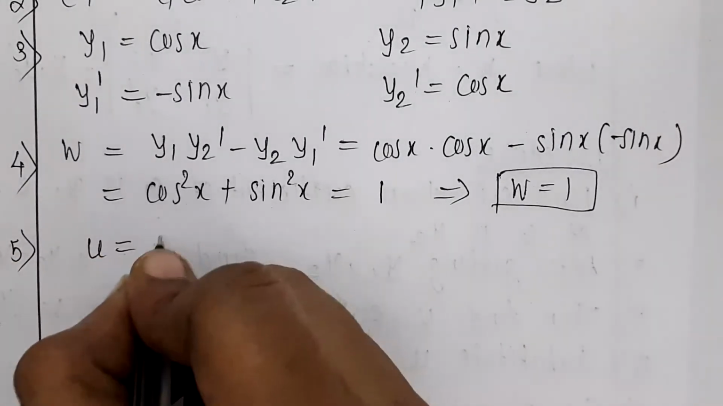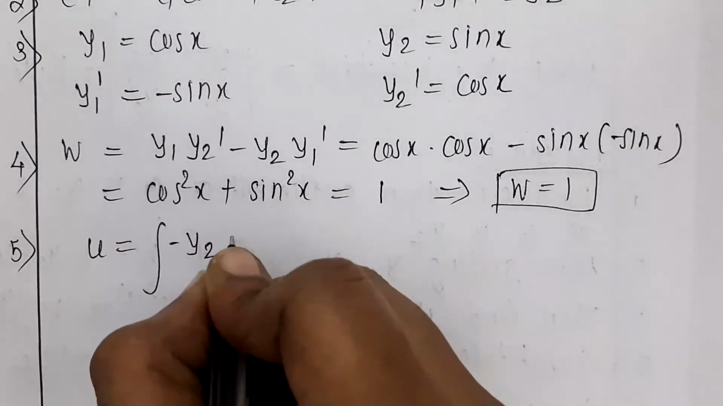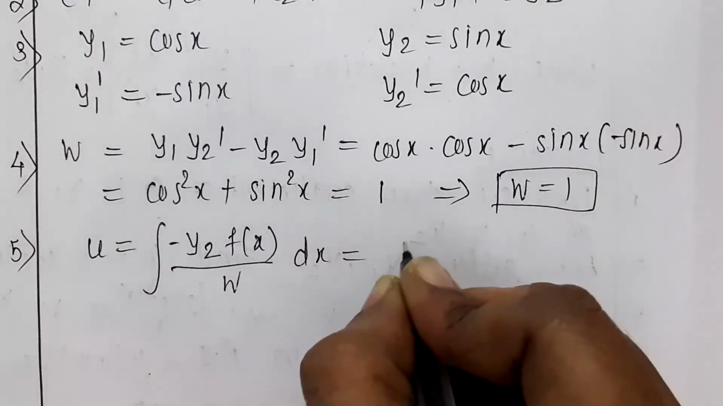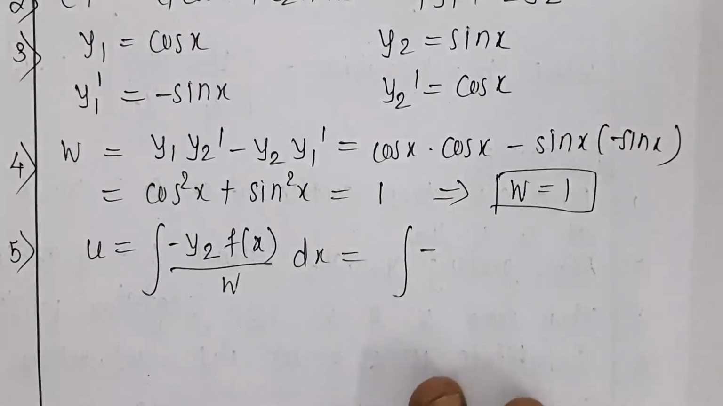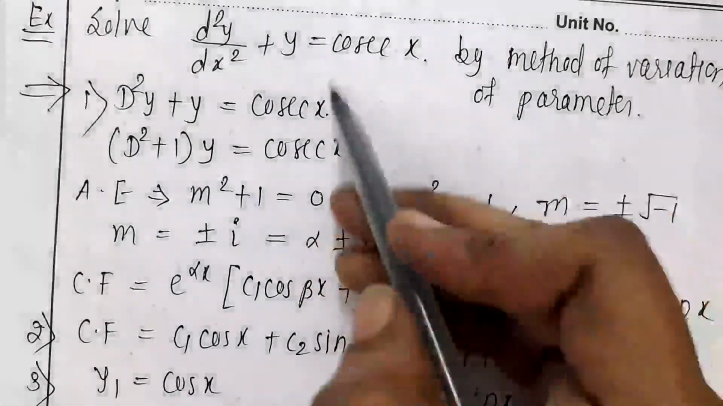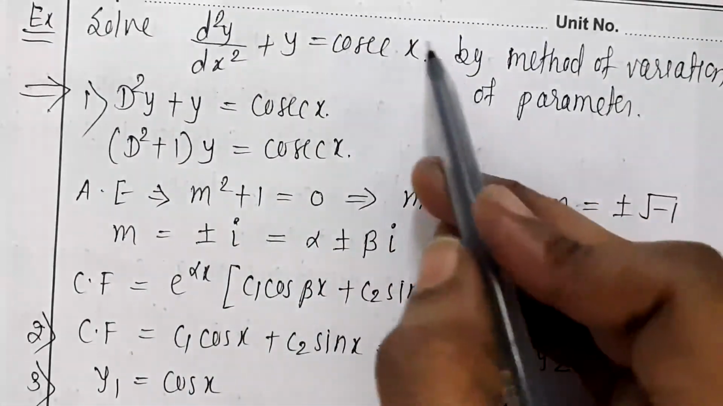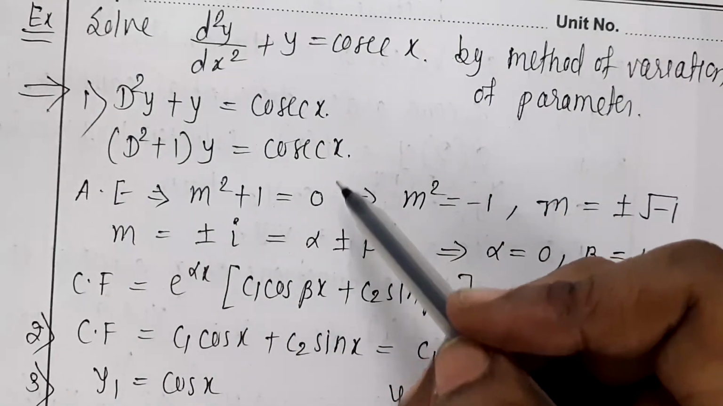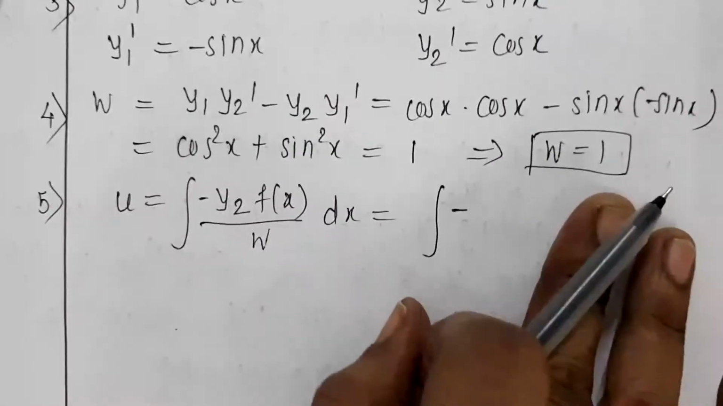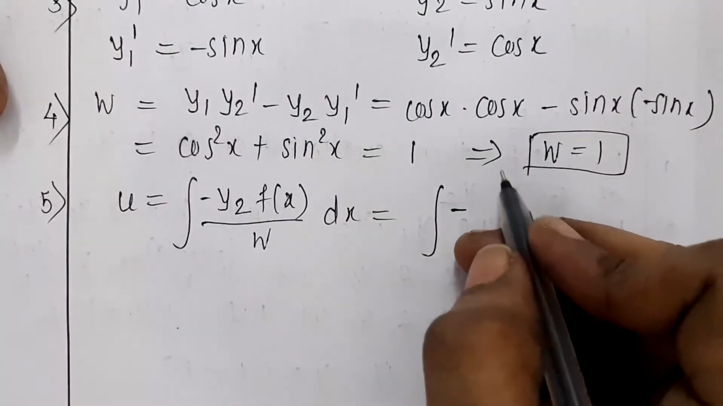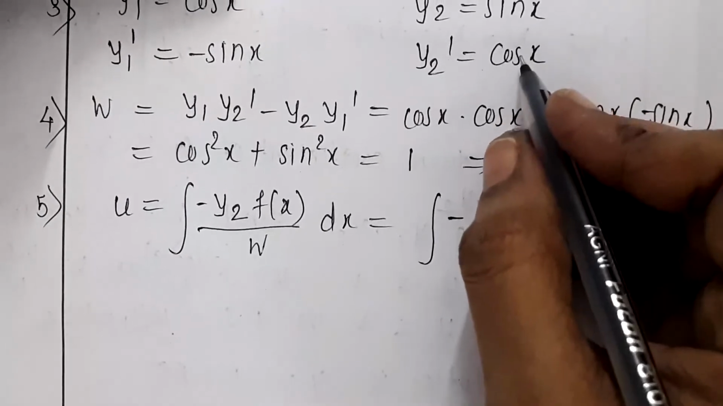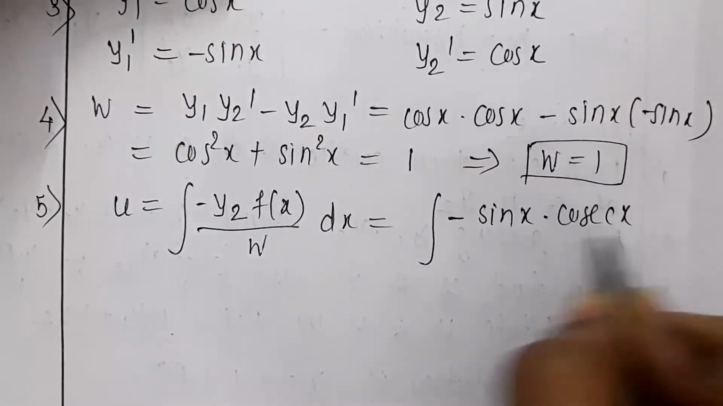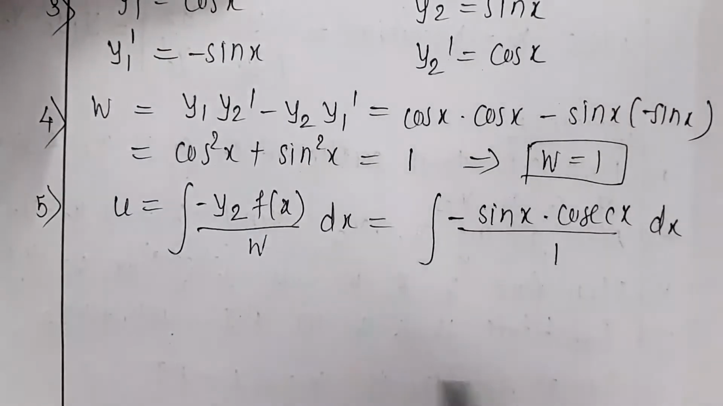So U is equal to integration of minus y2 f of x divided by W into dx, which is equal to integration of minus. Now what is f of x? f of x is cosec x. For cosec x we cannot use any shortcut method. Only the thing is we have to use method of variation of parameter. So minus of y2. What is y2? y2 is sin x. So sin x multiplied by cosec x divided by W, which is 1, multiplied by dx,